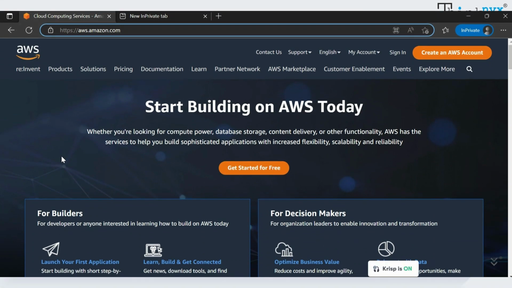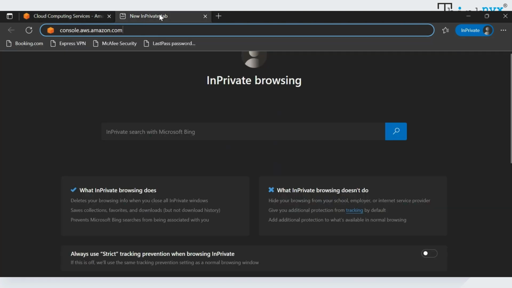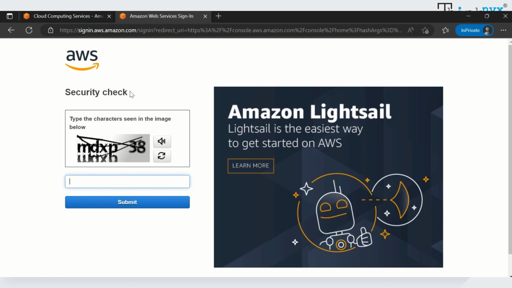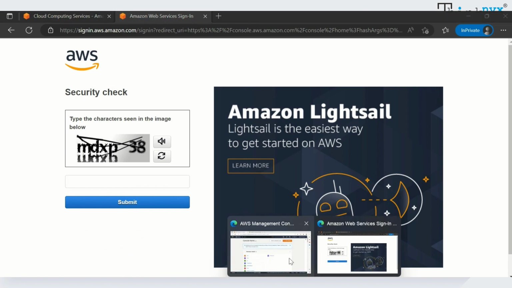We will now be creating a new EC2 instance running on Ubuntu. For those who are new to AWS Cloud, you need to first create a free tier account. To do so, go to aws.amazon.com and set up your account. Please note that you will have to provide a valid email ID and credit or debit card details for the account activation. Post that, go to console.aws.amazon.com and provide the credentials. Log in as a root user, give your email ID. Click on next, provide the security check and then the password, and this will take you to the AWS console.